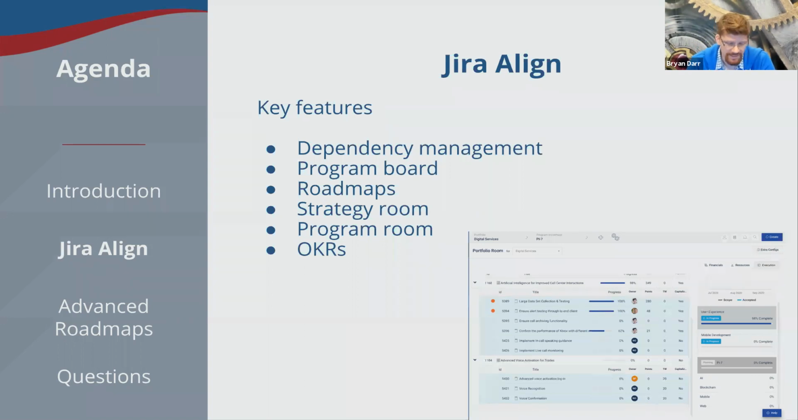Jira Align also has roadmaps at multiple levels. They have product roadmaps, which is obviously a very important feature when you're planning. There's a strategy room and a program room. By room, I mean a virtual place to put lots of different gadgets on a dashboard to show you where you are in your current iteration. In the program room, we see things like program dependencies, program objectives, current and future features that are being worked on,